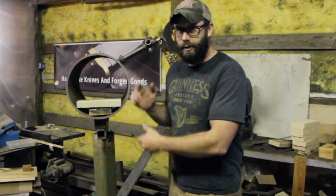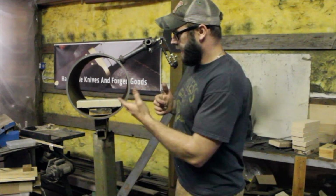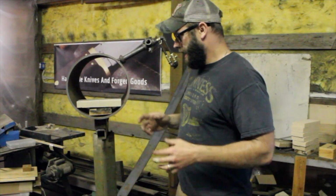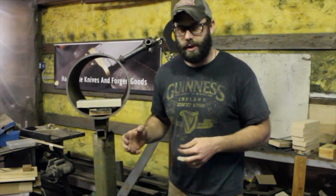I finally got some spare time to keep working on the new forge. And what do I have to do? I have to insulate it. I have to put in a floor. That's part of the insulation. As I mentioned in the last video, it's going to be a combination of, well, actually 3 different insulating materials,